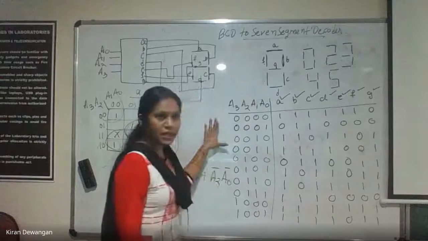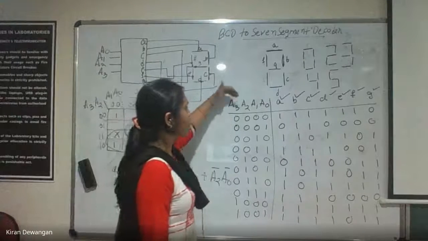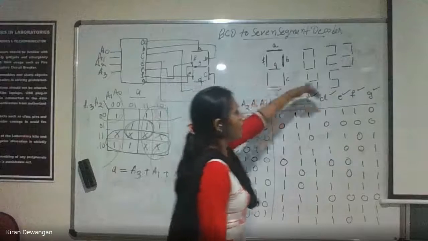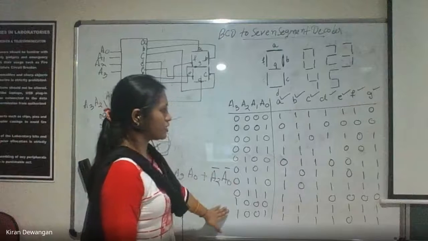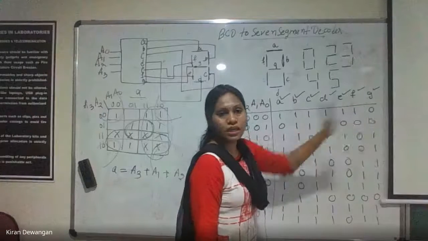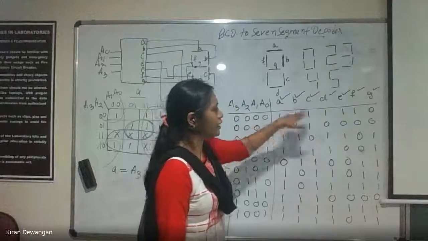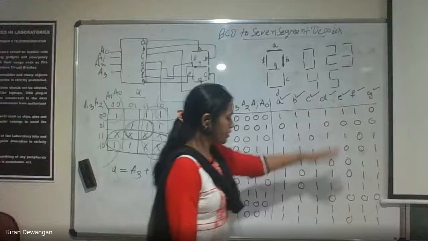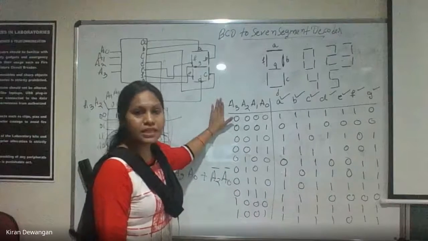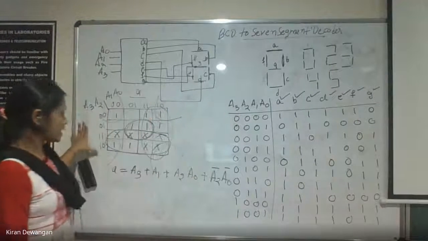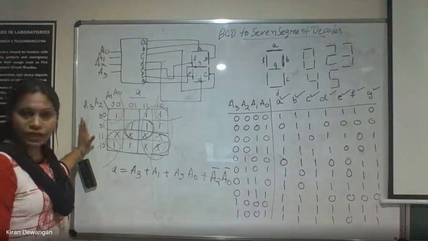With the BCD input combinations, you will write this truth table. That is, we'll have 4 inputs as BCD and we'll have 7 segments as our output. With these combinations, we'll get these outputs high. That is for 0, 0, 0, 0, this output will go high and this will be low. So you will make the complete truth table accordingly. Clear? Now since we are giving BCD as an input, our 6 invalid combinations are always there, so they are your illegal combinations.